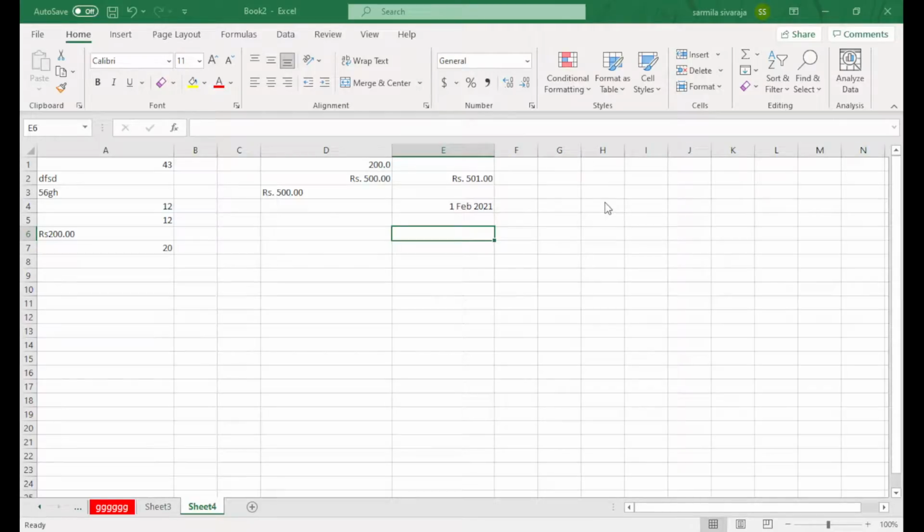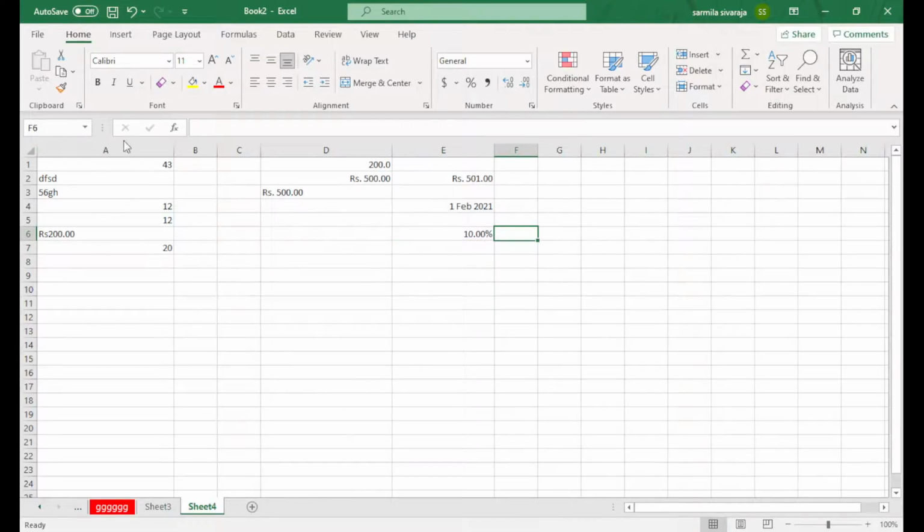Next one is percentage. We also need some decimals, so I will set 2 decimals. I will press OK and type 10. By default it will take a percentage symbol. I will press enter. It takes a decimal value. So every time I choose only one cell, and the formatting applies only to that one cell.